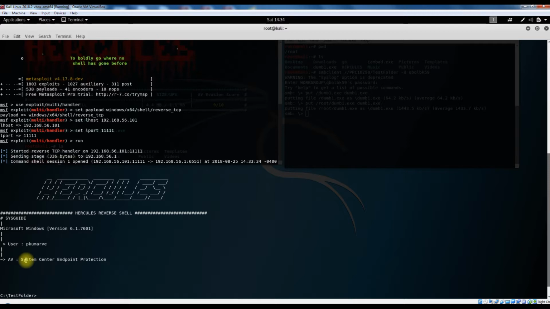It's running System Center Endpoint Protection. It's a Windows system, and I can now run any command that I want. I can dump more exploits on the remote system, which is the victim system. I can create scripts. I can do whatever the shell gives me access to. I can create files, delete files, get access to sensitive files, or I can copy the